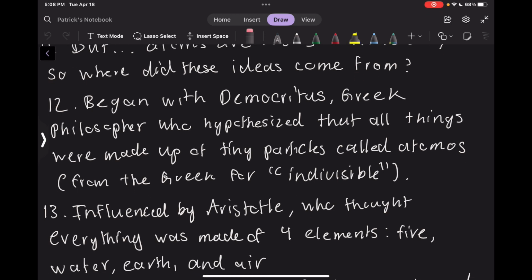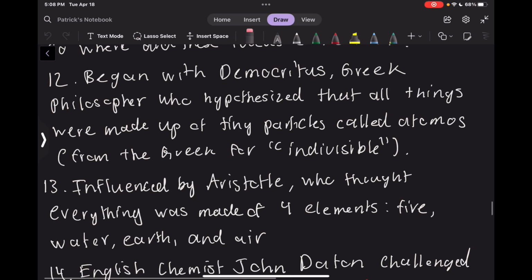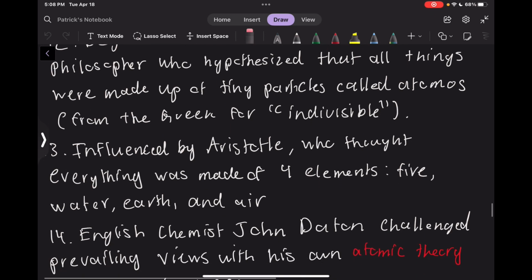The story here begins with the Greek philosopher Democritus, who was the first to hypothesize that all things might be made up of tiny particles. He named these tiny particles atomos, which comes from the Greek word best translated as indivisible. Again, he was trying to hypothesize on the smallest unit of matter, which explains why he would assign these tiny particles their name. Chemistry as a whole was dominated for many centuries by the ideas of Aristotle, another Greek philosopher